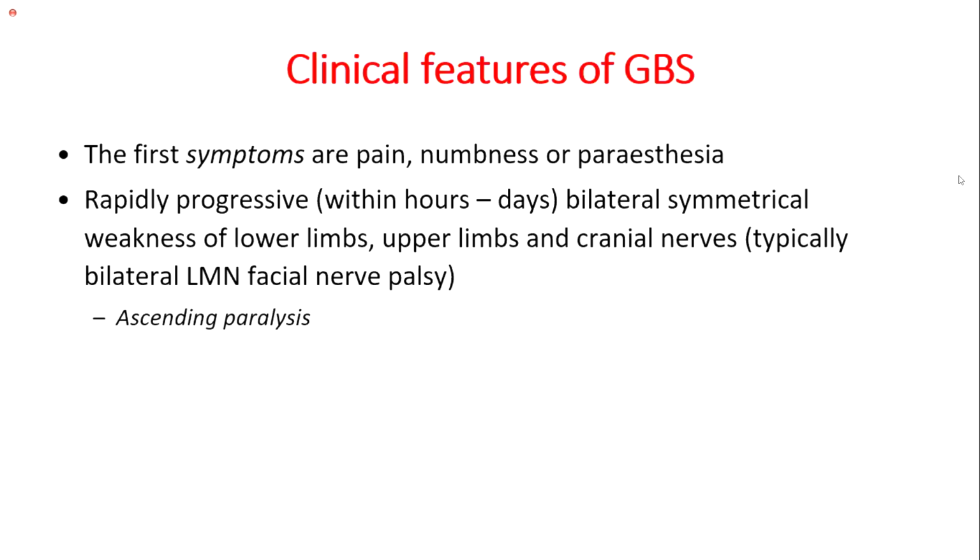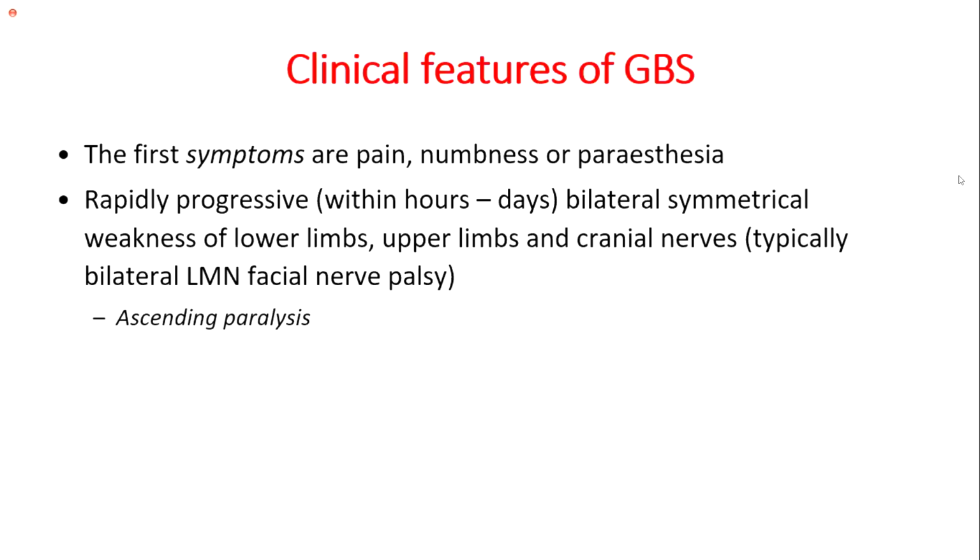Right? So it's a rapidly progressive bilateral symmetrical weakness of lower limbs that ascends to the upper limbs and then to the cranial nerves. So from below upwards. So that is why it's called an ascending paralysis. Then of the cranial nerves, what it affects most commonly are the facial nerve, lower motor neuron,